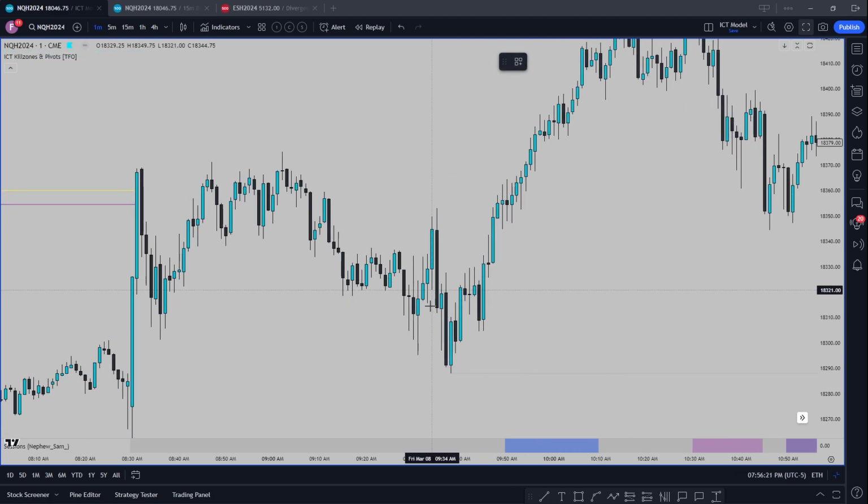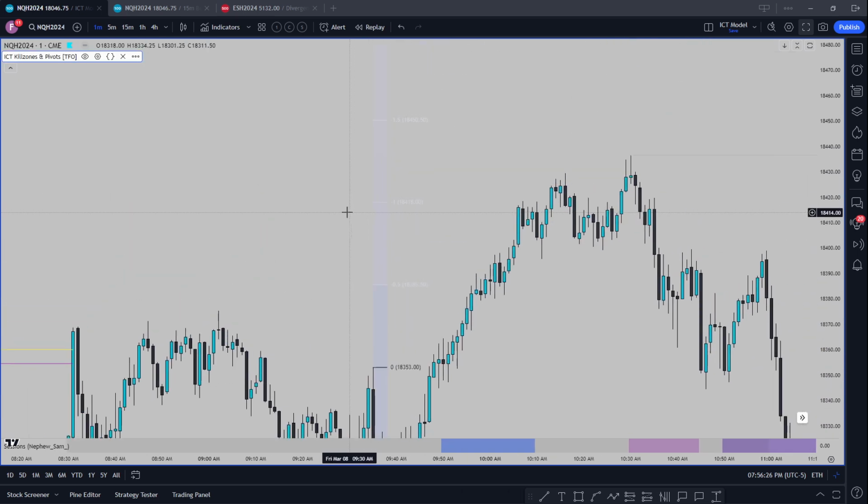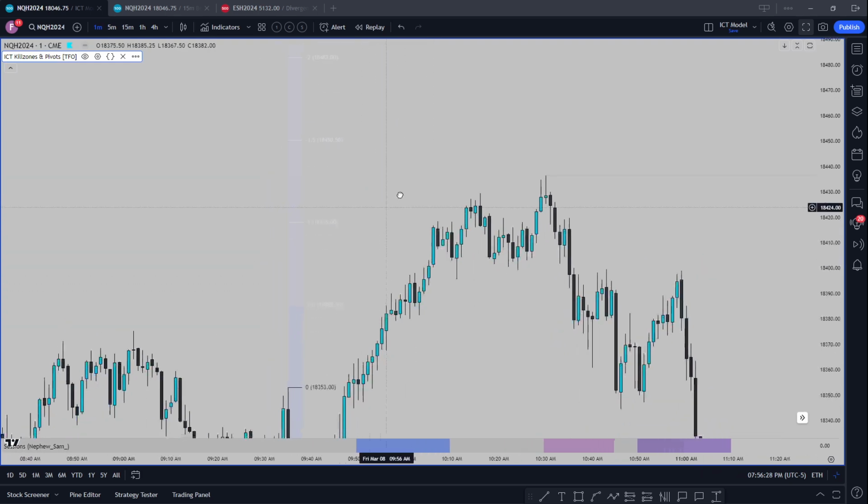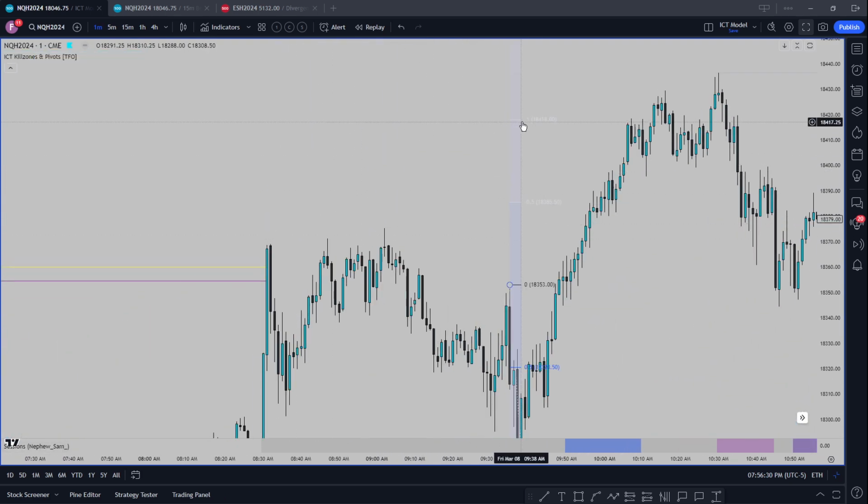Like in here, I would assume you would pull this leg. That's your manipulation leg for the breaker. You do get -1 above the buy side, I guess, but